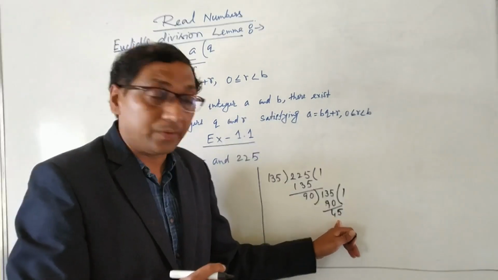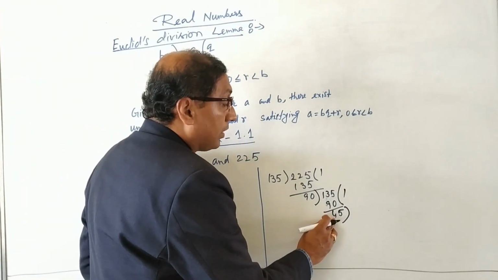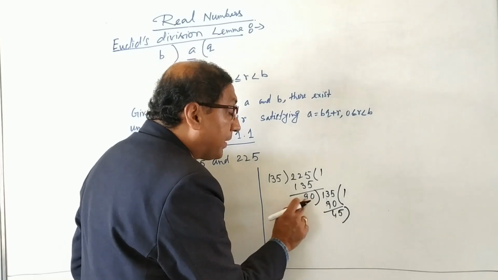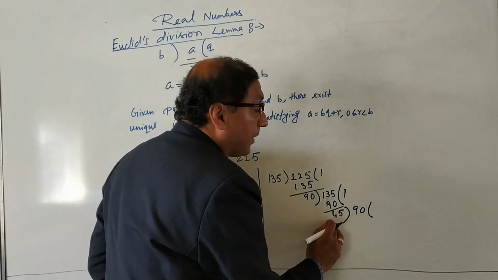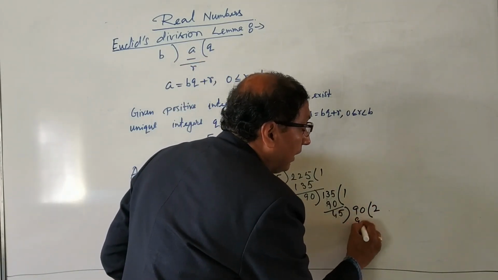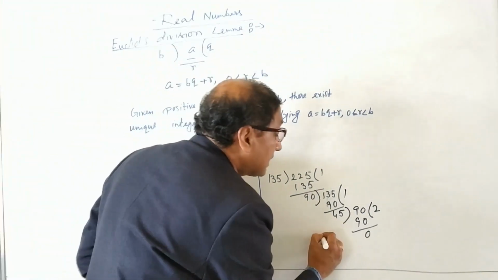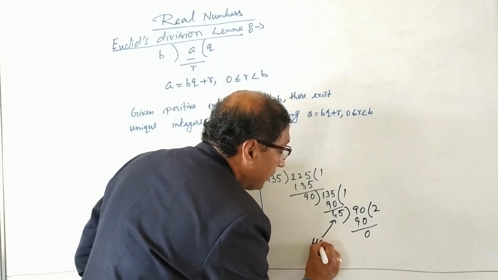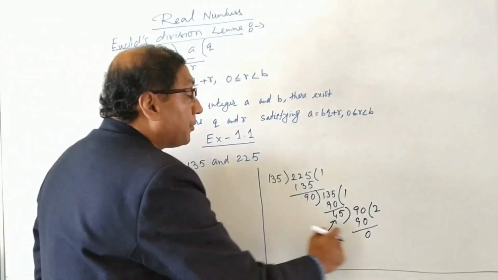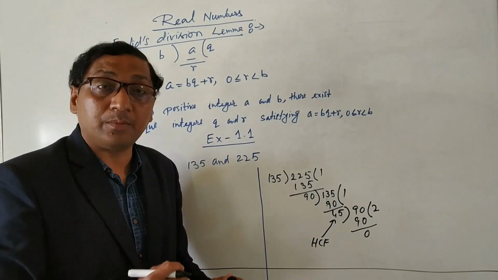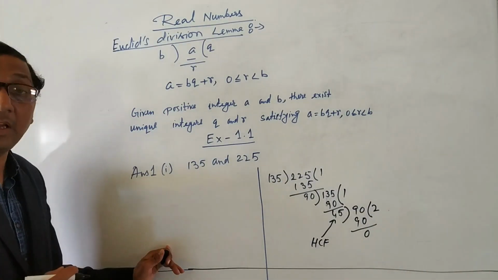If we do not get 0, then again you have to consider 45 as the divisor and the previous divisor as the dividend and again divide. Now 90 divided by 45 gives 2, and the remainder is 0. Now we have to stop here. So the last divisor will be the HCF between the given two numbers. Now for this portion you will not get any marks in the board examination. But using this, you have to write all the steps of Euclid's division lemma.